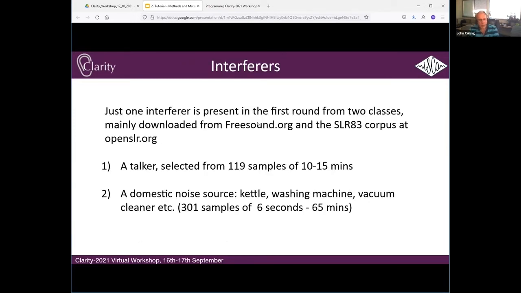The interferers, again, this was a little bit impaired by the pandemic. We weren't able to record any fresh material because we couldn't move around. So everything comes from established databases. The non-speech sounds came in large part from freesound.org. But we also, they happened to do a lot of research on washing machines at Salford. So they had lots of recordings of washing machines that Trevor was able to